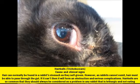Hairballs, trichobezoars. Cause and clinical signs. Hair can normally be found in a rabbit's stomach as they self-groom. However, as rabbits cannot vomit, hair must be able to pass through the gut. If it can't, then it will form an obstruction and serious complications. Hairballs are so common that they should always be considered as a problem in any rabbit that is lethargic and